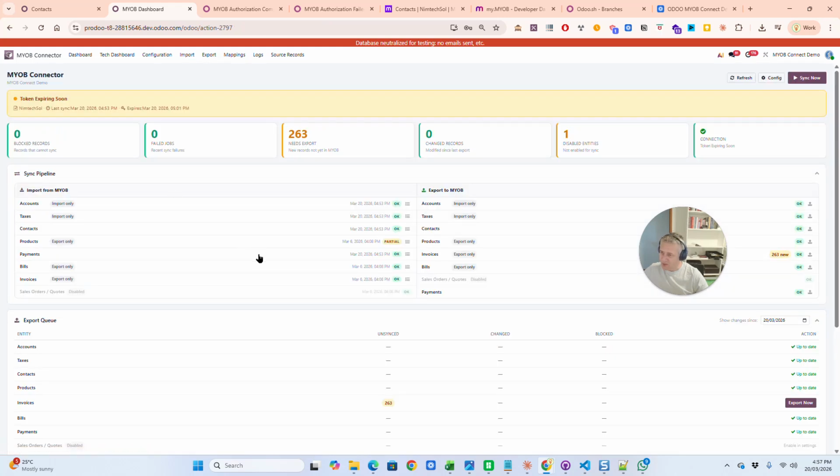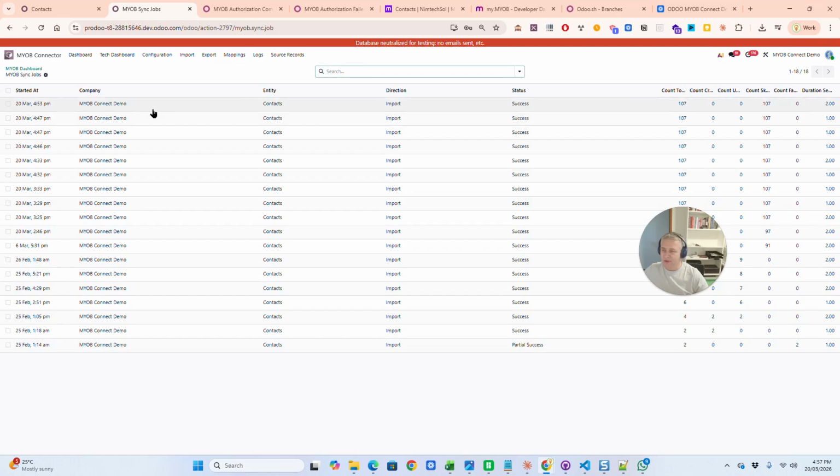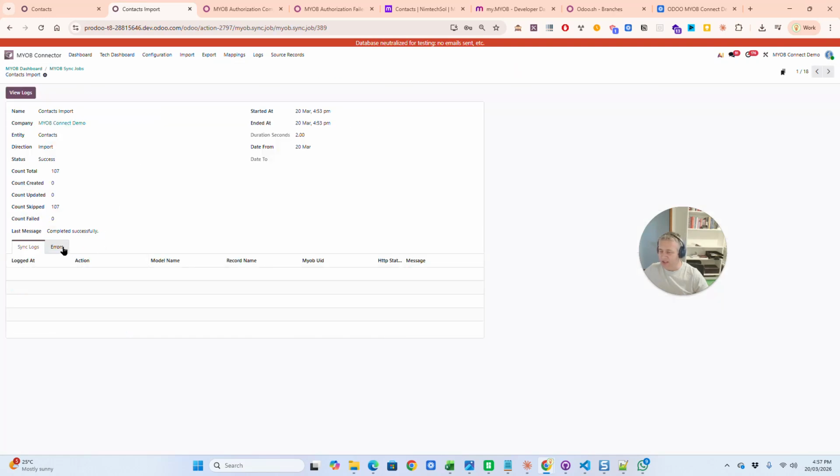So the dashboard is quite useful. You can click on those over here, for example, when you last imported, let's say contacts, and you can see, if there were anything that imported, we can see, no, we had 107 contacts in MyOp, but all 107 are already in Odoo, so we don't have to update or import any of those.